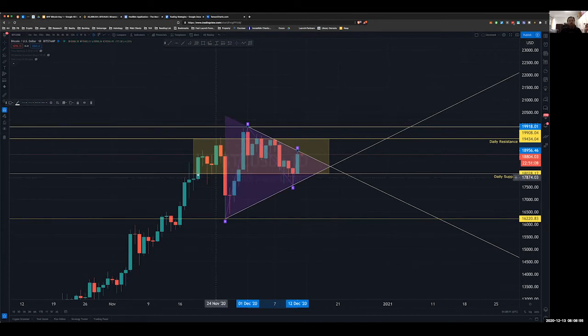Or we're also waiting for if it potentially breaks out of this triangle and up through that rectangle and breaks past $19,500. What's the next step then? Are we going to push up again and try and touch that 19,900 mark? So